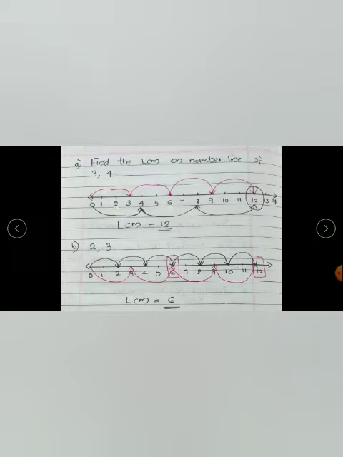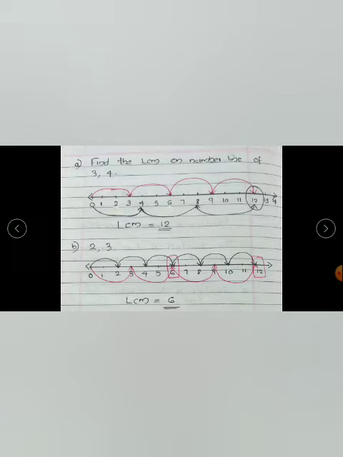So first we are marking from 0 to some number. As many numbers as you want, you can mark. Here I have marked up to 12. Now in the upper section I am marking the table of 2. So in the table of 2 we are jumping by 2 each time, isn't it? So from 0 to 2, then 2 to 4, 4 to 6, 6 to 8, then 10, 12. This is the table of 2.